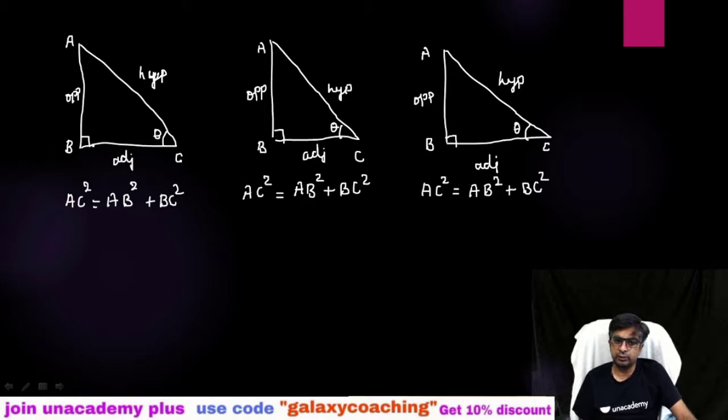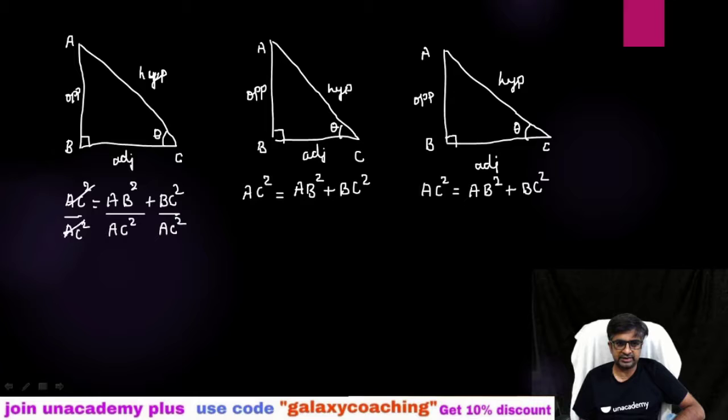Now we are going to divide all this by one of the sides and find out the ratio. You know about all the 6 trigonometric ratios. If you don't know, please watch my previous video so that you will come to know what those ratios are. So here by dividing we are going to form the ratio. Let us start by dividing first with the hypotenuse. So here I am going to divide all these three, or you can say this equation, by AC square. If I divide this whole equation by AC square, I have to distribute AC square to all this.